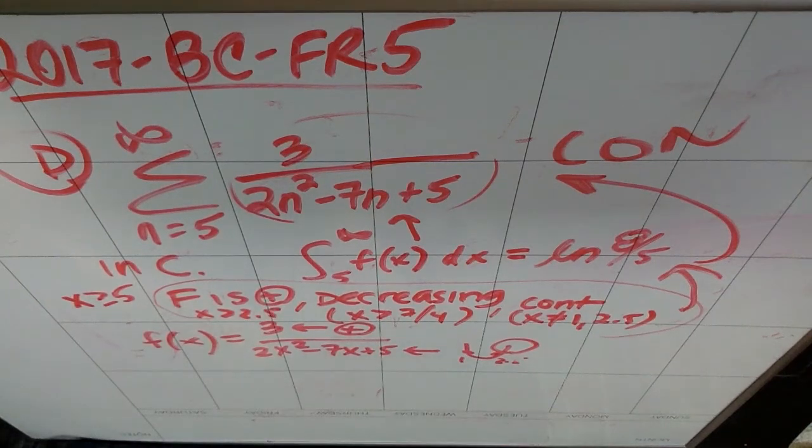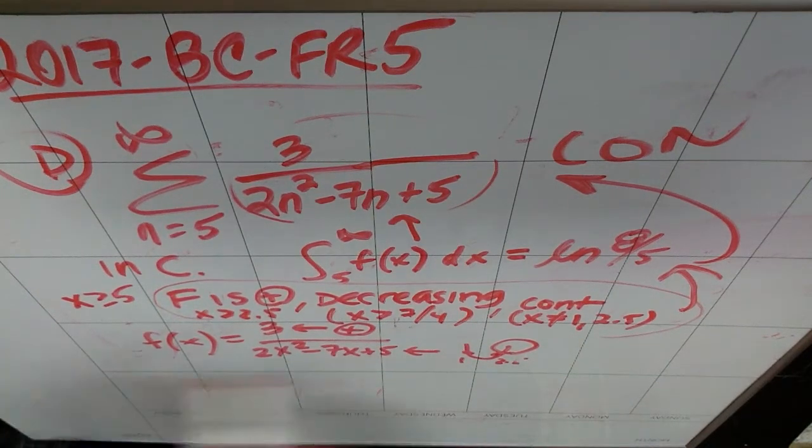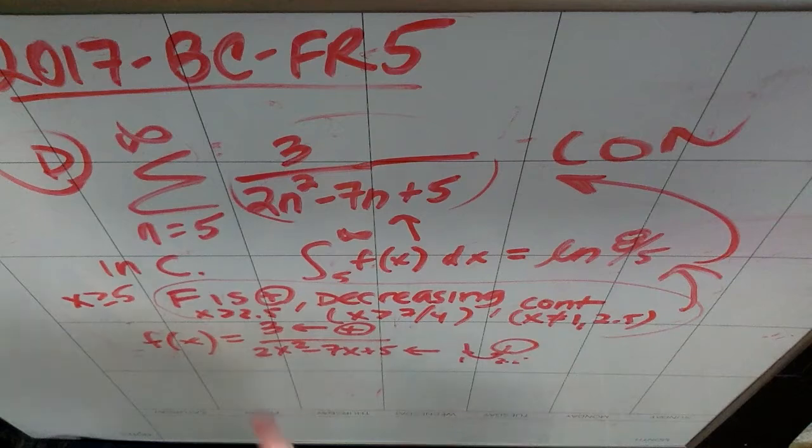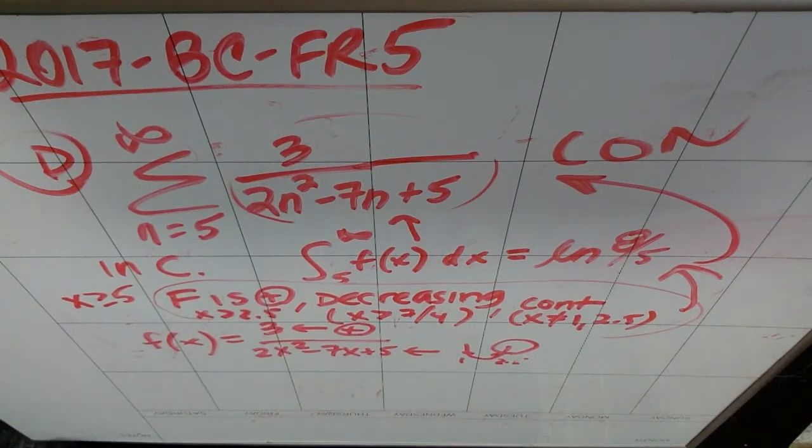It is decreasing for x values after 7/4, and it is continuous for everything except 2.5 and 1. Based on all those qualities, if the integral converges, then so does the series. My bad. So the integral test is one way to do it. The other way to do it is